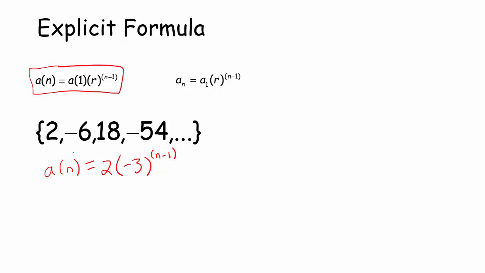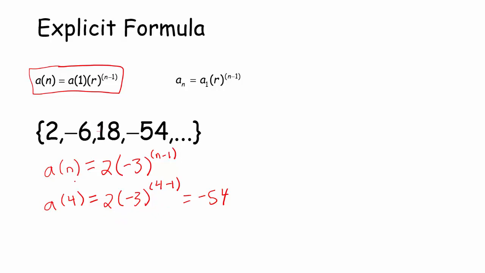An explicit rule meaning that I could pick any number I want for n. So for example, if I picked 4, and I evaluated this formula when n equals 4, that would give me the 4th number in the list. So I could look at the list to confirm this. 1, 2, 3, 4. The 4th number in the list is -54. And if I evaluated 2 times -3 raised to the quantity 4 minus 1 on my calculator, I would indeed get